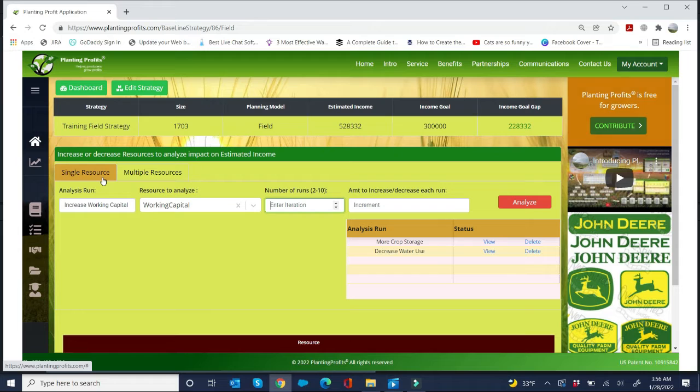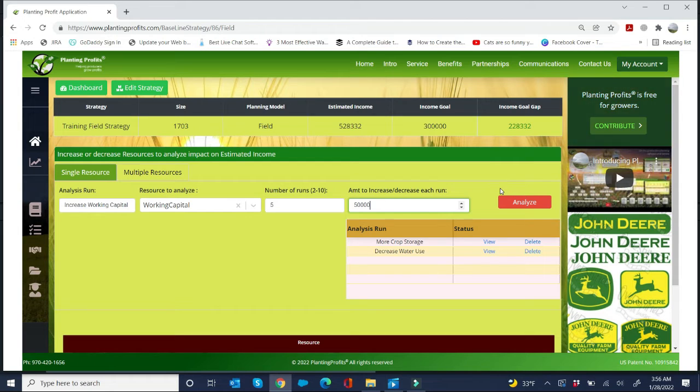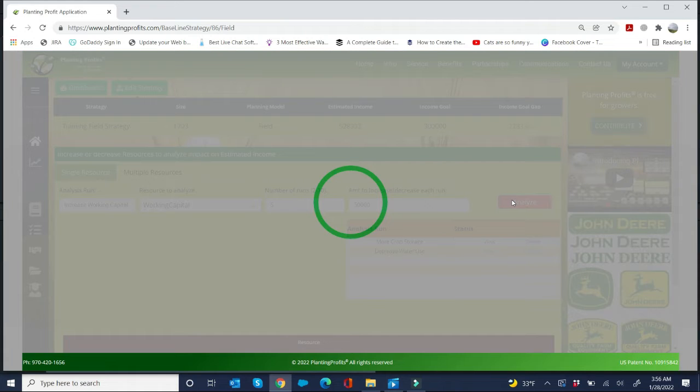Select the number of runs or increments. FYI, this is the number of times the optimization engine is called. We'll use 5. Select the amount that working capital will be increased for each increment. We'll use $50,000. This means that working capital will be increased 5 times between our starting value of $600,000 up to $750,000 in $50,000 steps. Click Analyze. Planting Profits is generating the most profitable mixes of crops, fields, and acres and resource use for each